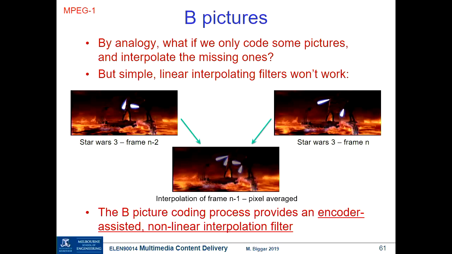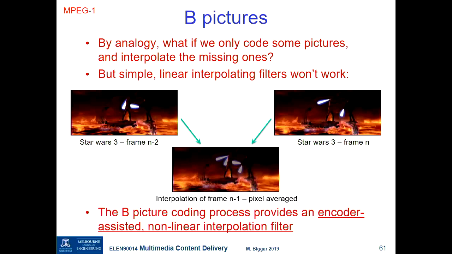So we can improve our interpolation of this missing picture if we get some information from the encoder that assists us, telling us which part of each of these pictures we need to shift to get the interpolation. And that's exactly what our bidirectional, our two-directional